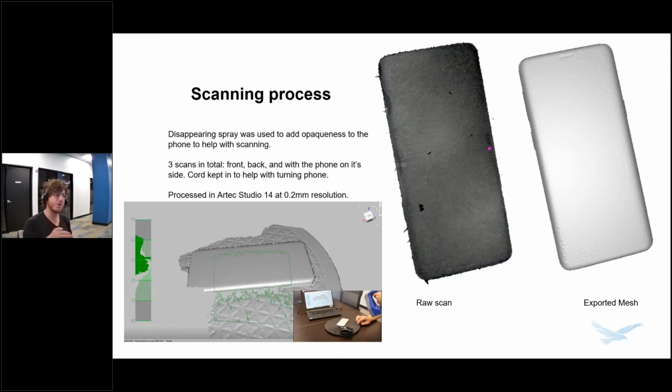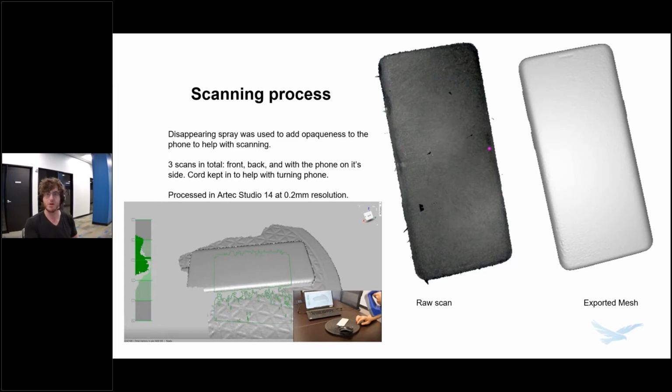And why we do these middle scans is because we have a thin object. The phone is pretty thin. We need something to kind of piece everything together. And having a high quality, good scan is really the framework. It's going to be the bones of everything after this. We want to make sure that we're not cutting any corners. We want to make sure that the thickness is proper on this phone. Having an extra 30 seconds to get that side scan so I can piece things together just makes all the